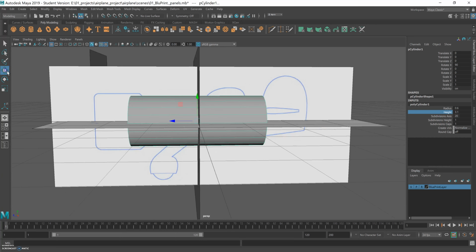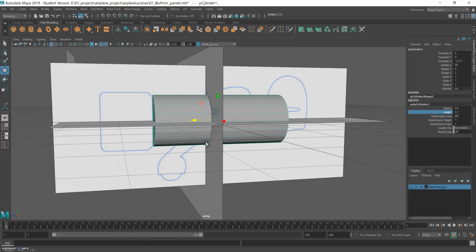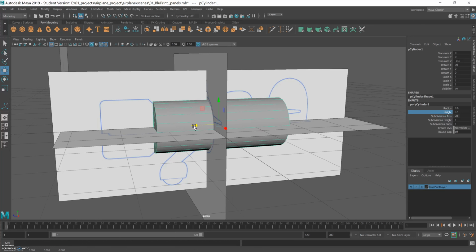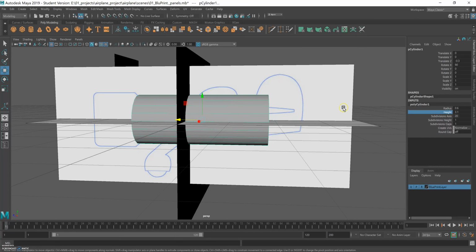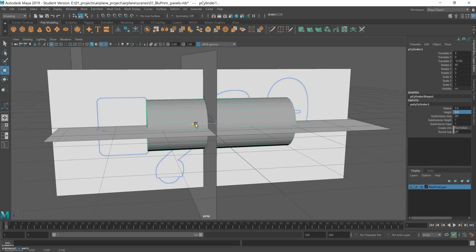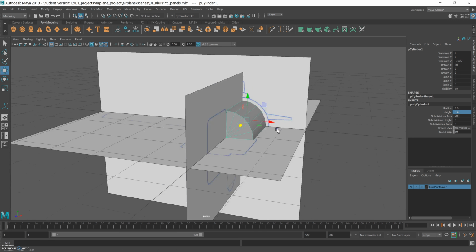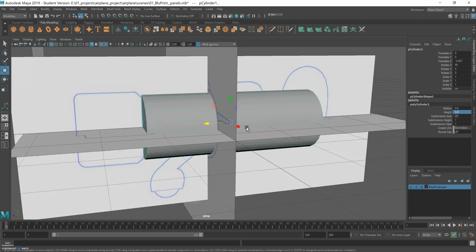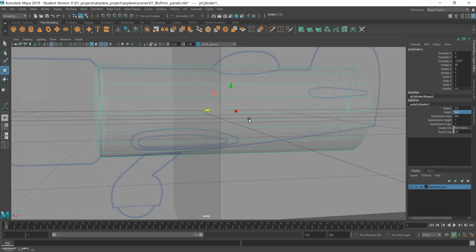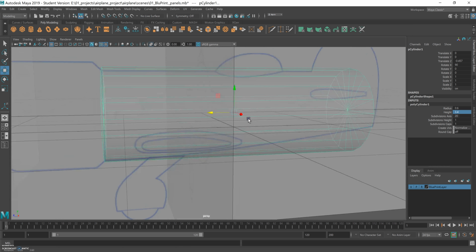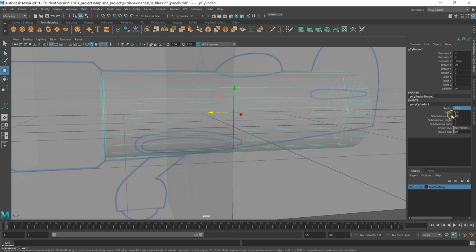And what I'm trying to do is create a cylinder that matches the height of the size of the airplane. And so it's about that. Gonna bring the ghost mode on so that I can see the drawing. The radius is a bit too big, so I'm gonna put it